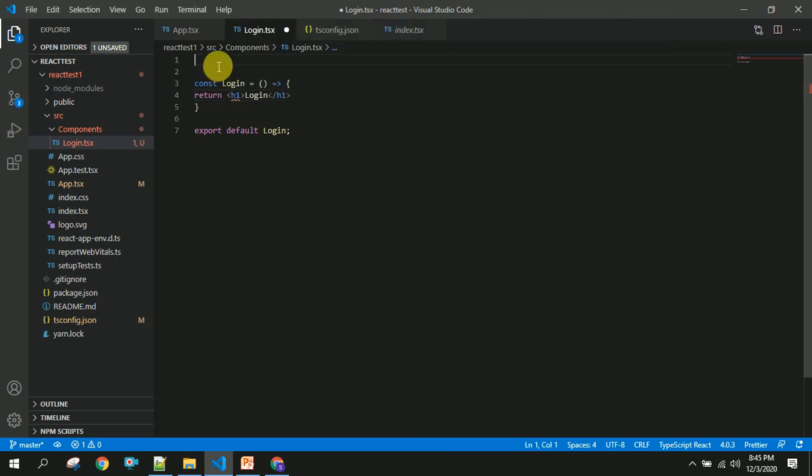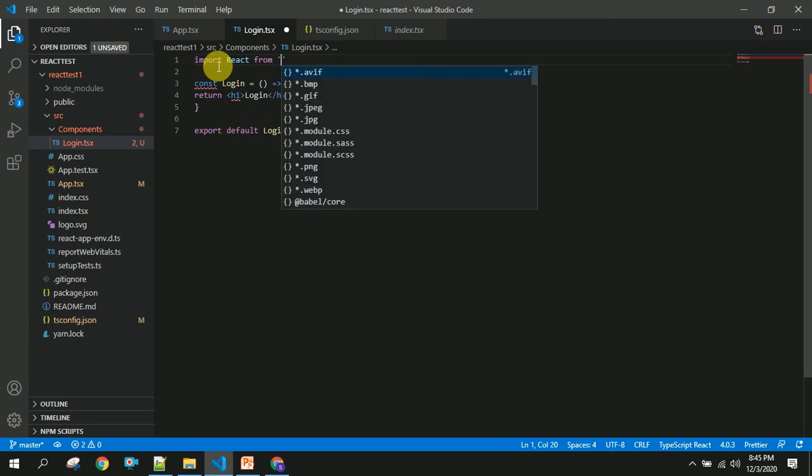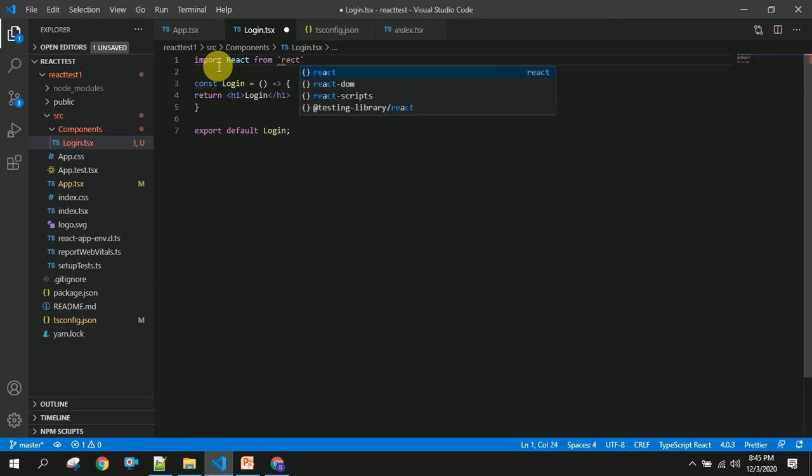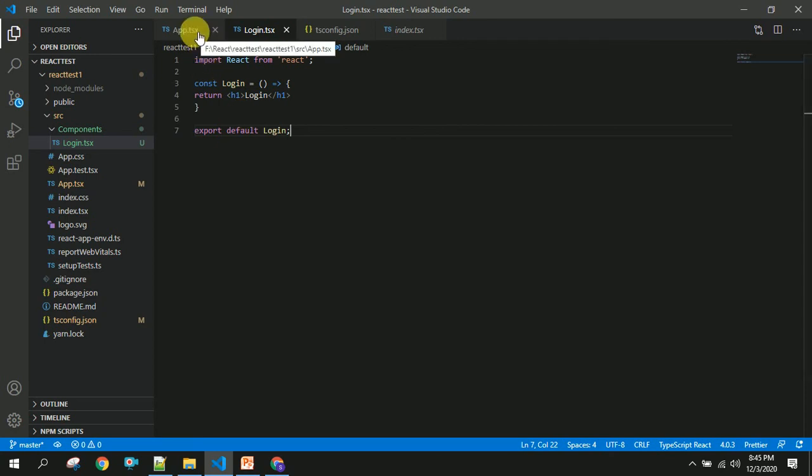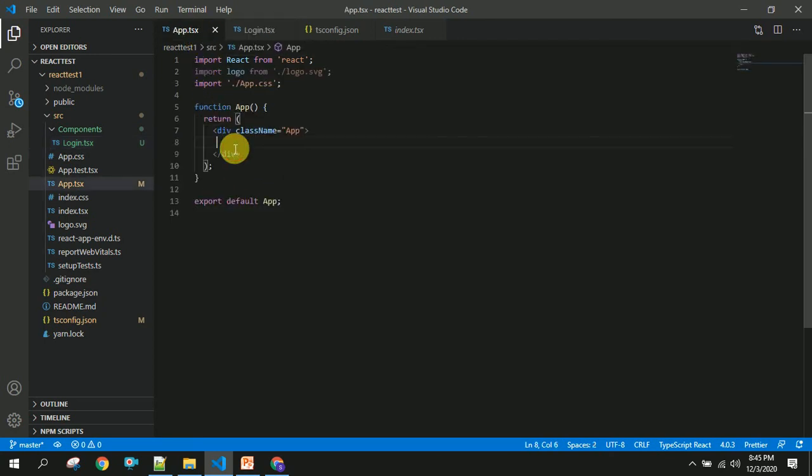For that you have to import React from React, and after this you have to save, and once you save that you will not get any issue. And coming to app.tsx, you have to import this login in app.tsx like this. It will auto import this for you. Once you are done, it will execute that.